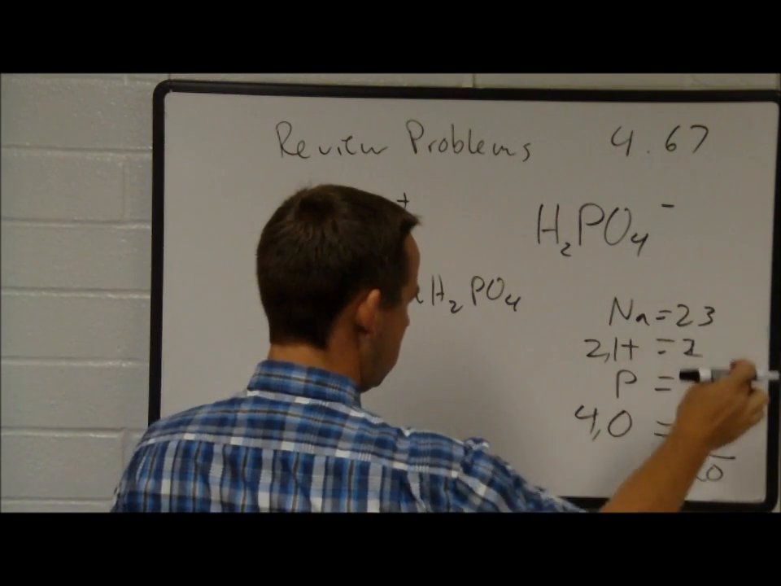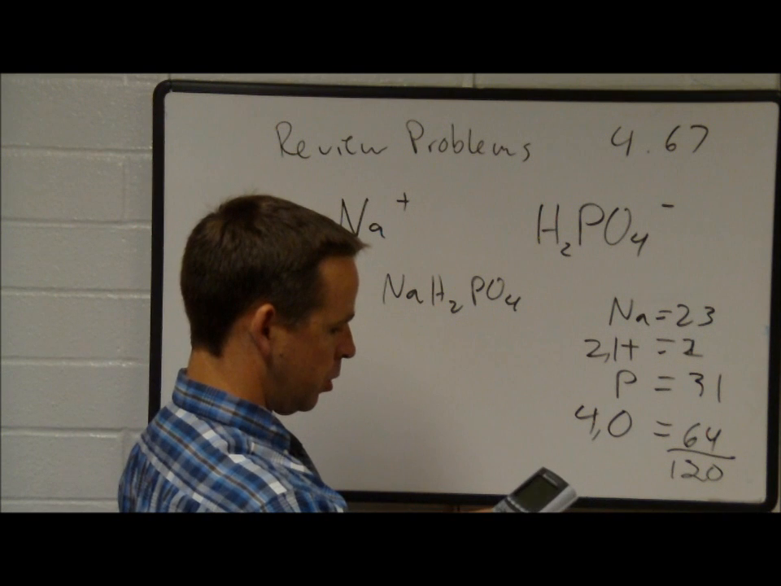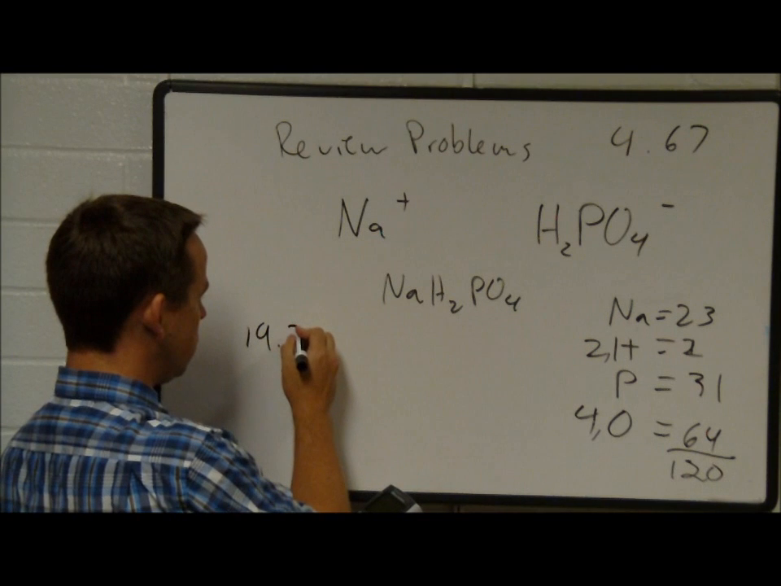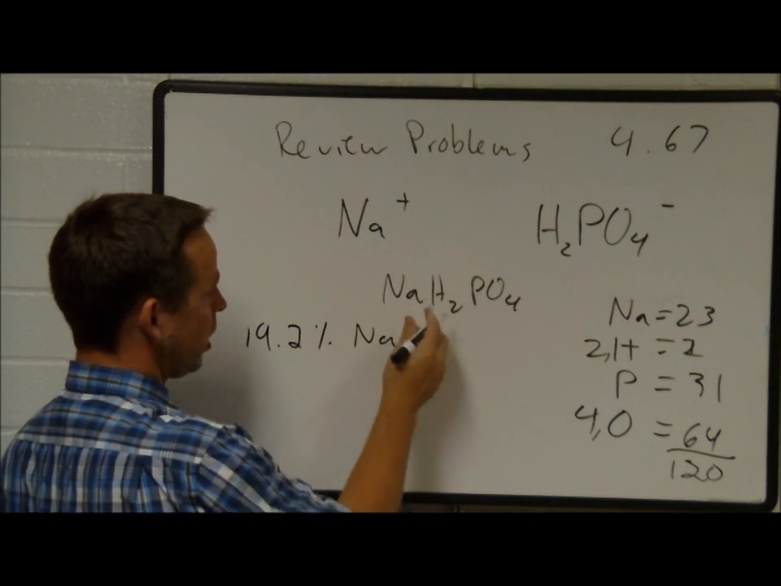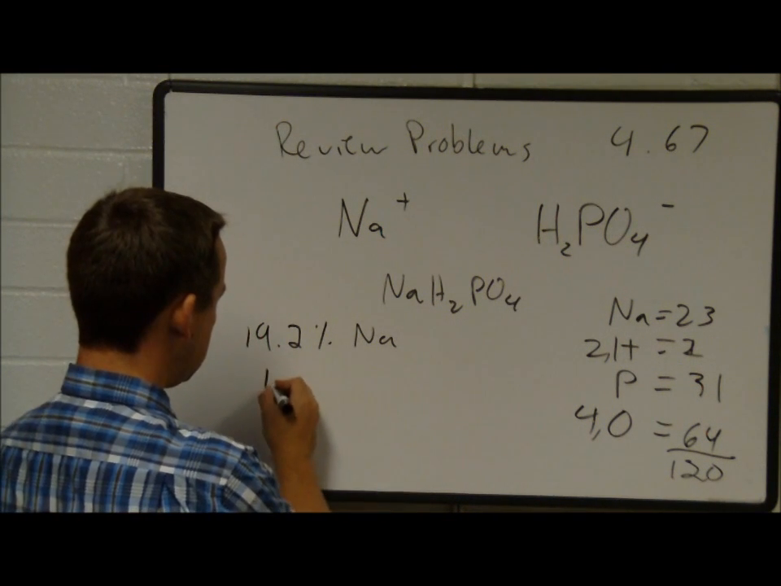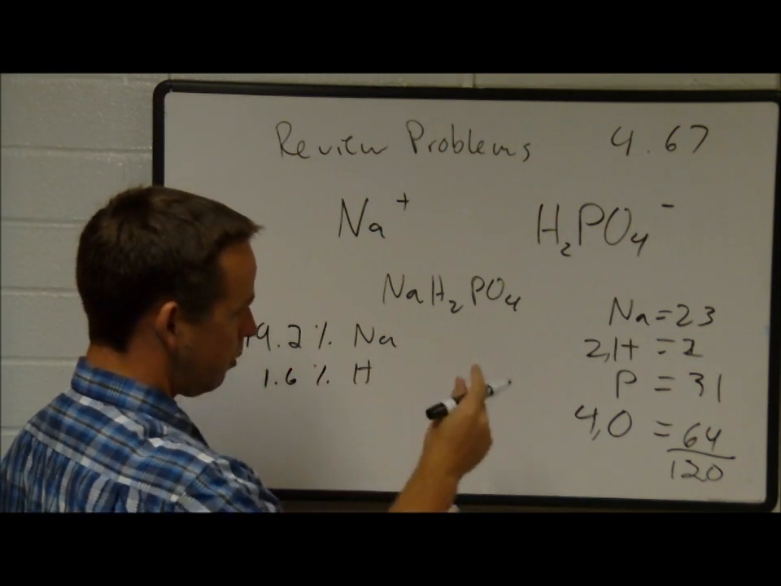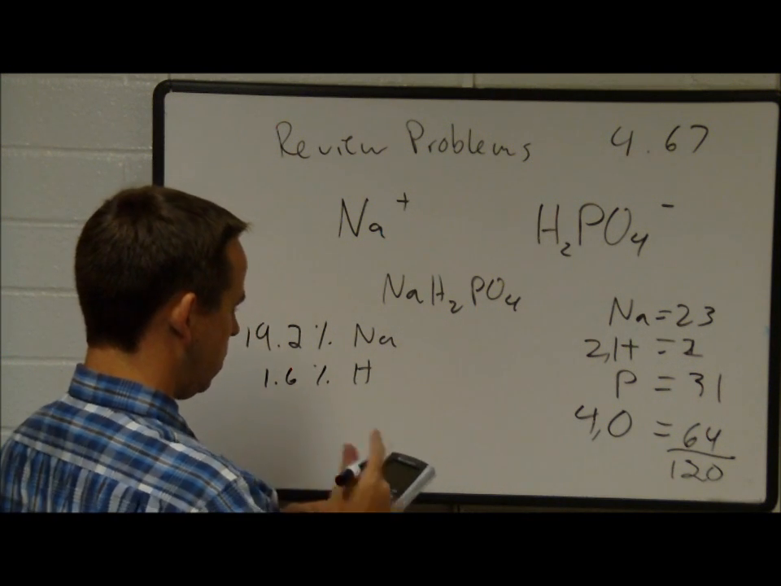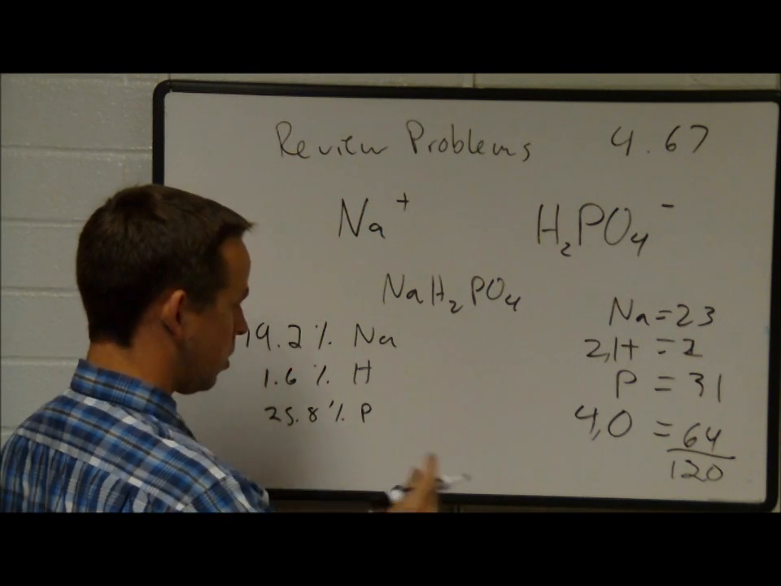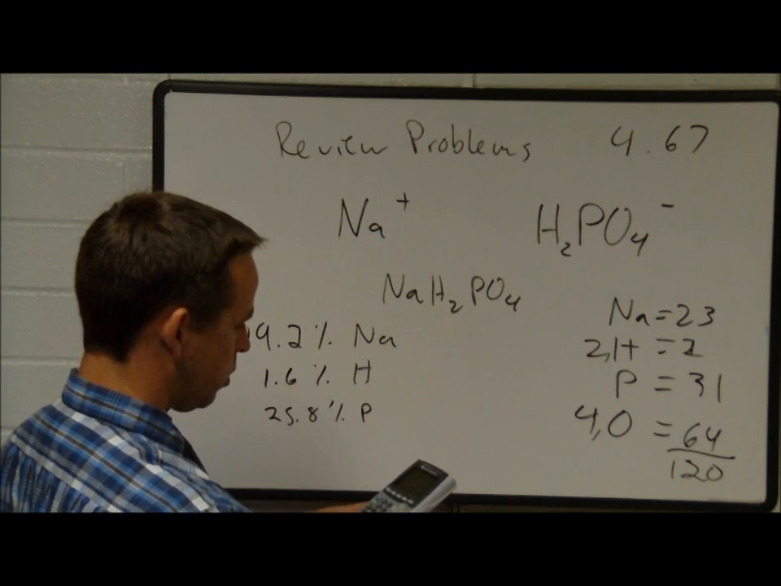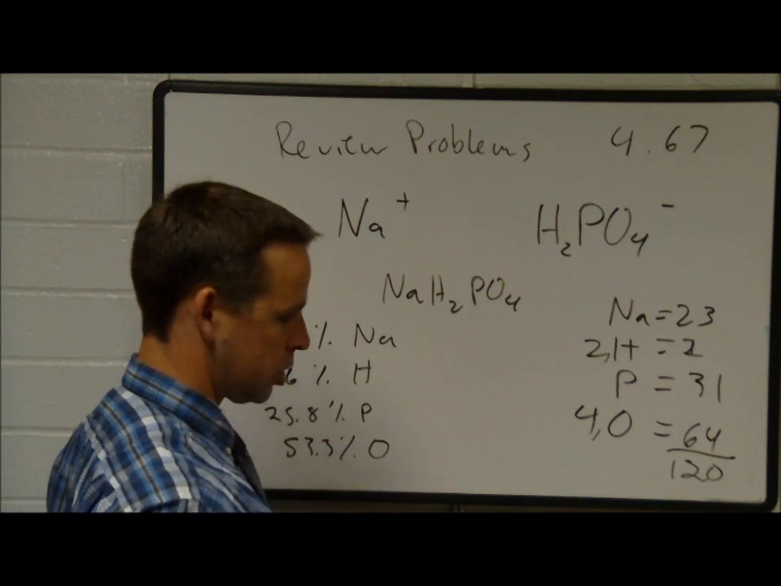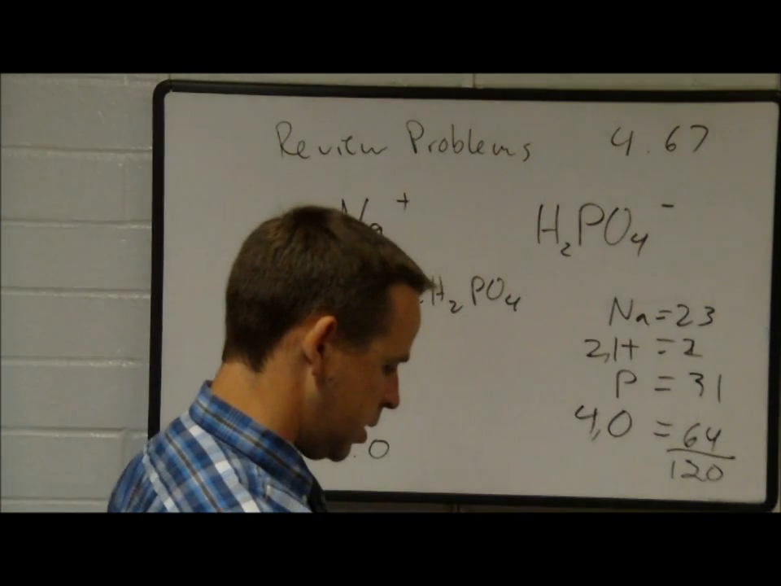So 23 divided by 120 grams per mole, and that's 19.2% sodium. Hydrogen, 2 divided by 120. That's 1.6% hydrogen. Phosphorus, 31 divided by 120. That's 25.8% phosphorus. Oxygen, 64 divided by 120, 53.3% oxygen. All right. The next one is the ammonium